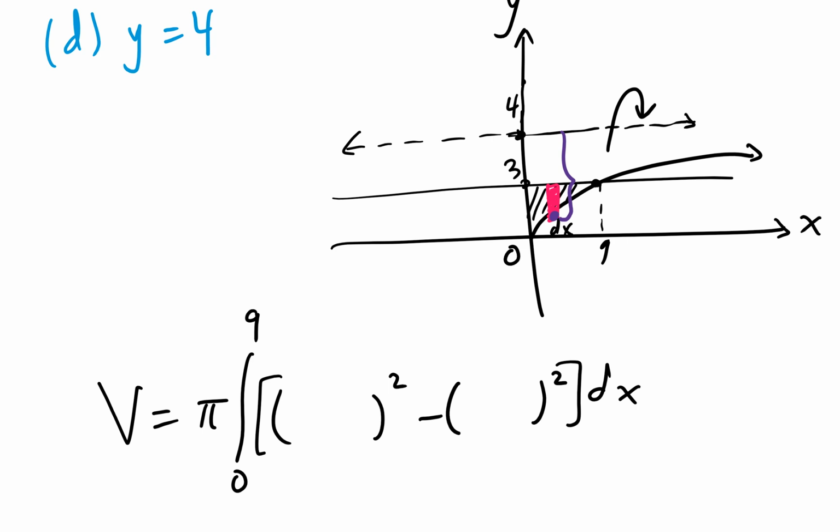That distance from here to here is the whole thing, 4, minus the function itself, the square root of x. So 4 minus the square root of x for the first one. Watch the other one, the other tip of the